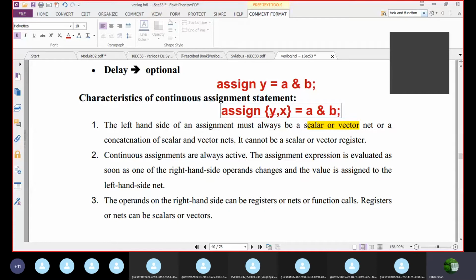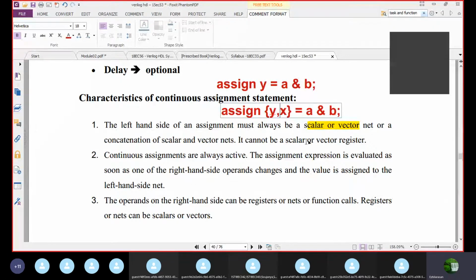Here, you see the left hand side of the assignment statement must always be a scalar or vector net, or a concatenation of scalar or vector. Sometimes y may be a scalar type and x can be a vector type. But very important, it cannot be a scalar or vector register.